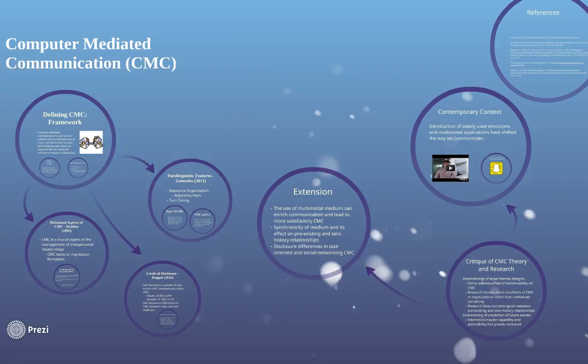To summarize, CMC is any form of communication between two or more individuals who interact and influence each other via separate devices using the internet or network connection. Researchers of CMC focus on a wide range of implications such as relational aspects, paralinguistic features, and varying levels of self-disclosure. Criticism of the theory is drawn from shortcomings in experimental design and predictability of future events. To extend the theory to a contemporary context where multimodality in CMC has shaped the way we communicate, 3 new structures were introduced. They involved multimodality enriching mediums, synchronicity in existing and zero-history relationships, and self-disclosure differences in task and relational-oriented interactions.